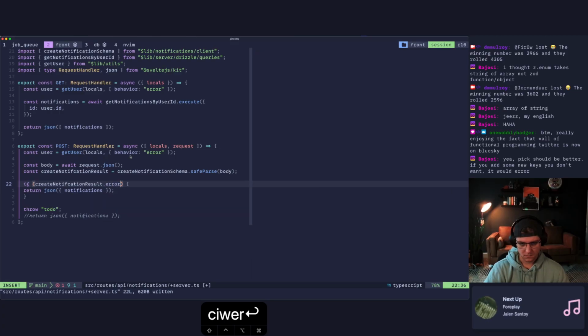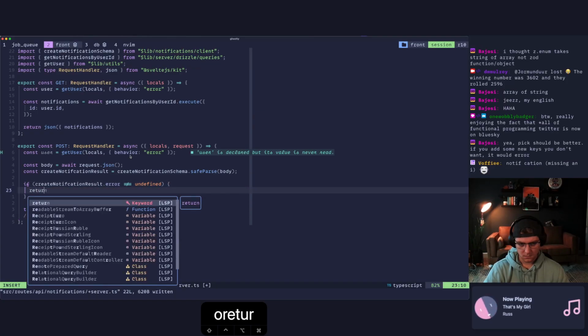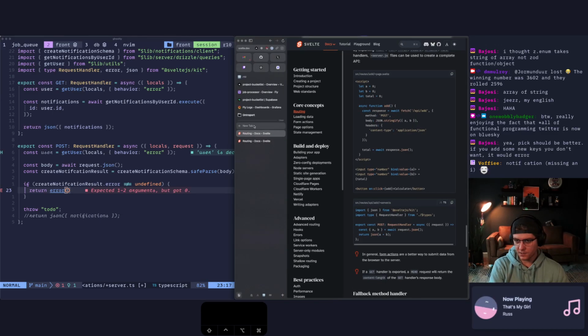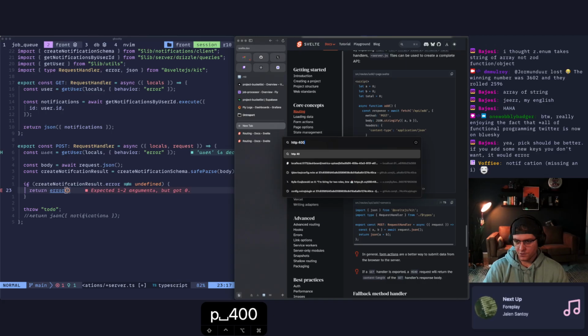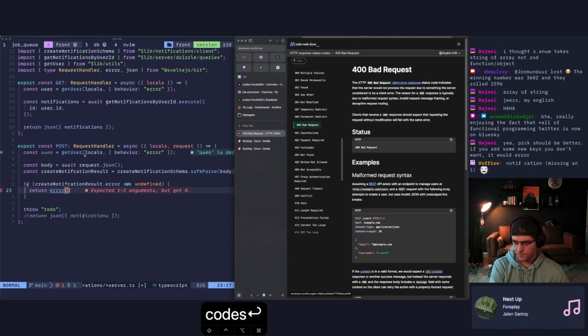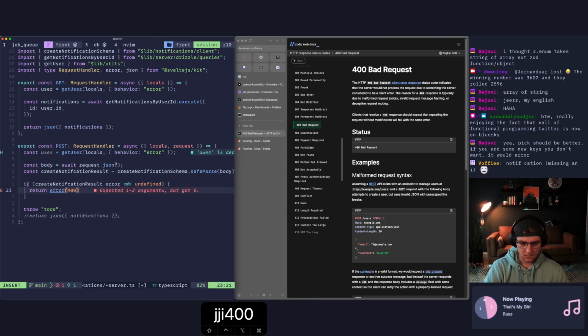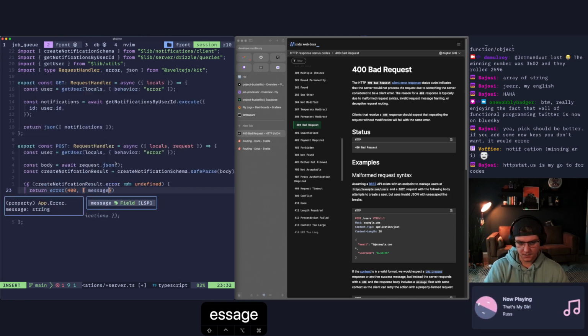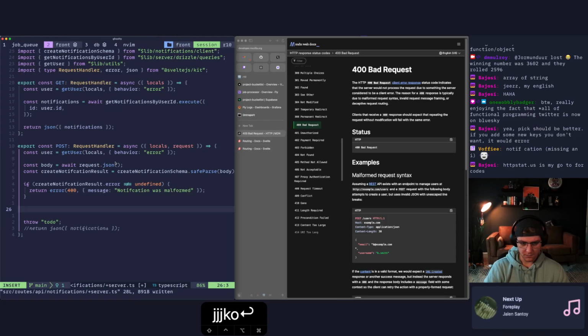Actually, I have trouble remembering my HTTP 400 codes, invalid payload. I guess we could just return 400, right? Yeah, 400 bad request. And body message, notification body was malformed, I guess. Sure. And then we come down here and then we say await db dot, we need to insert that,